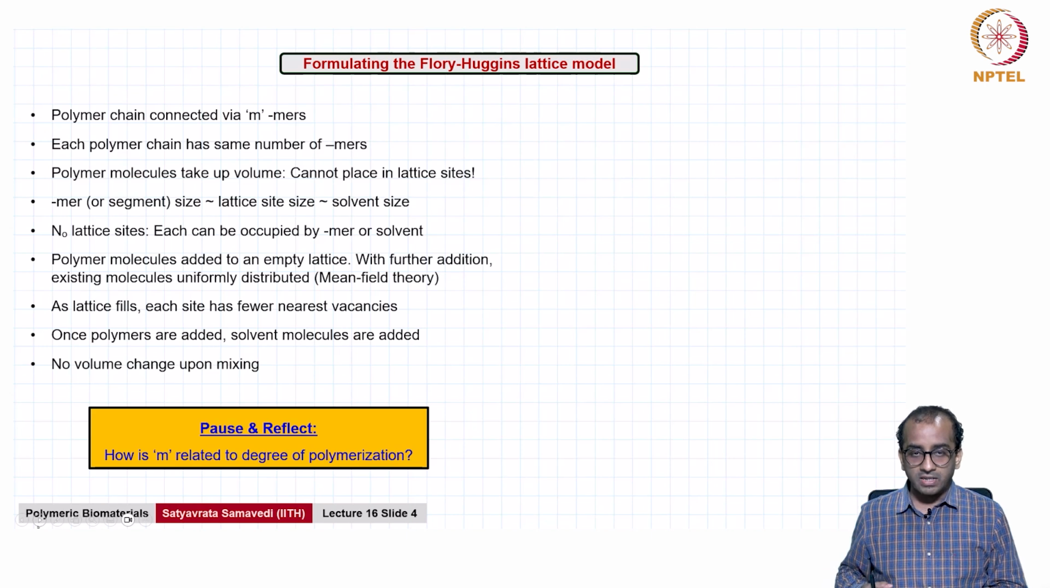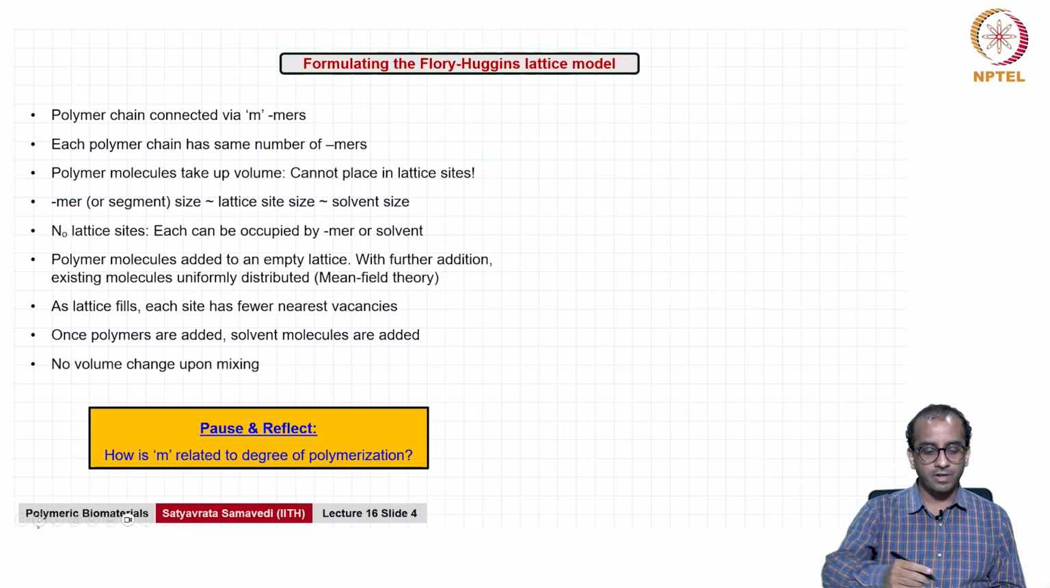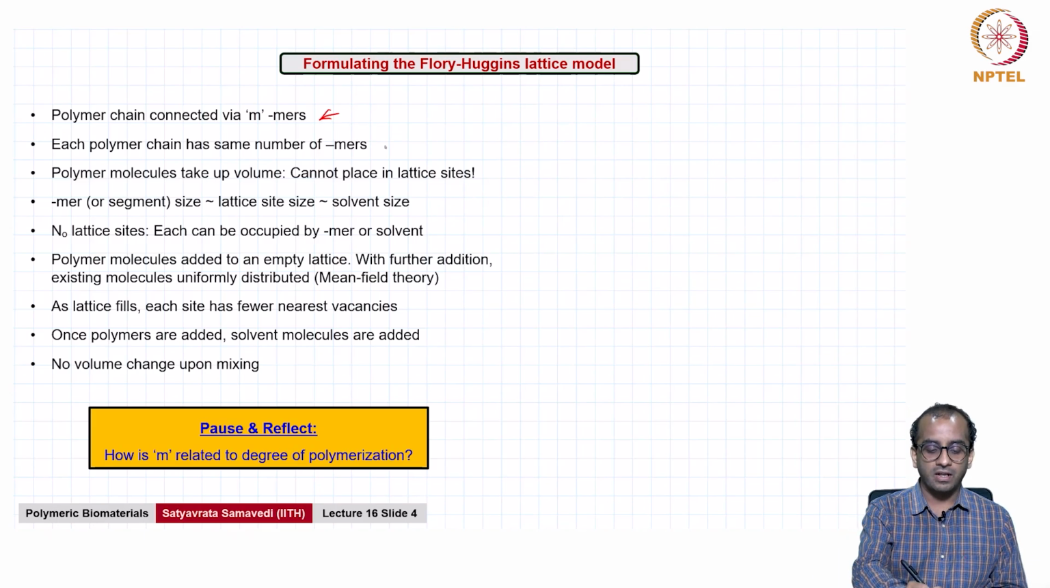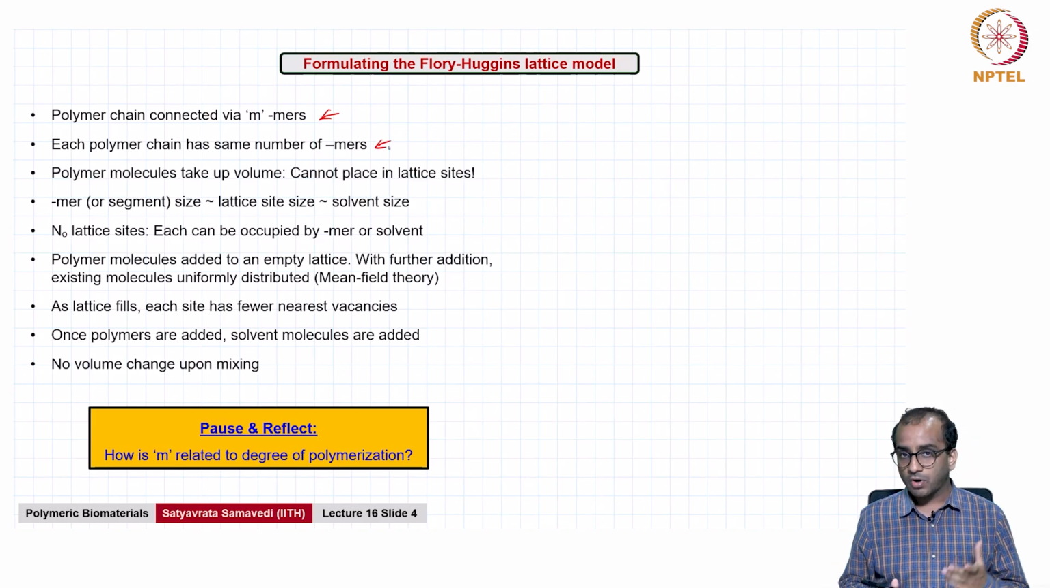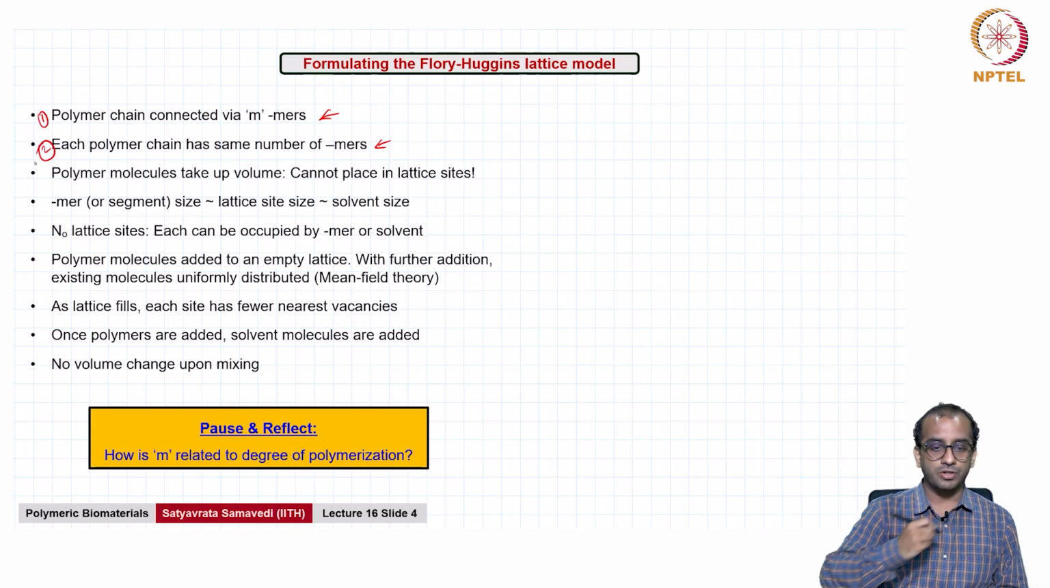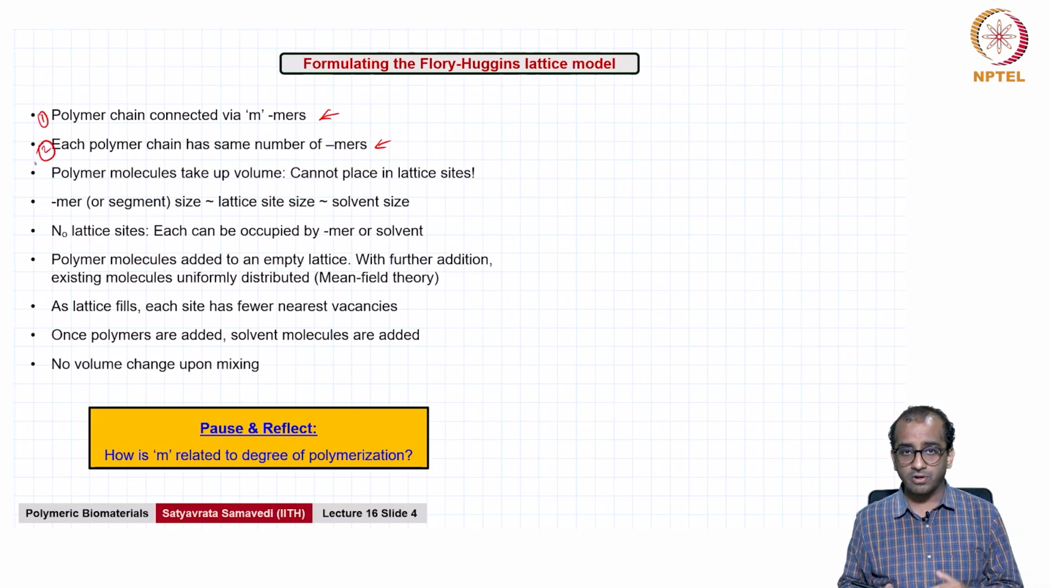Now, we will look at the formulation for the Flory-Huggins lattice model, and that is given by the following ideas. Firstly, we assume that the polymer chain is connected through M mers, and each polymer chain has the same number of mers. This is a model, so remember we will have to make some assumptions. So, this is assumption 1, this is assumption 2,